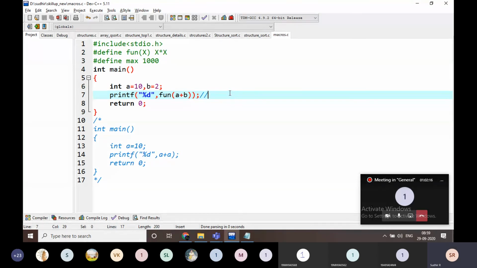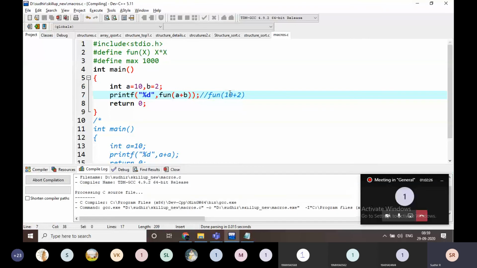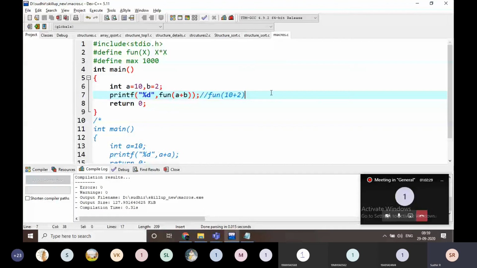A plus b, right? What is the a value? It is going to be turned into, for example, 10 plus 2. If I execute this one, the output is going to be 32. How is it working? Fun of 10 plus 2. X means 10 plus 2, not 12 here.